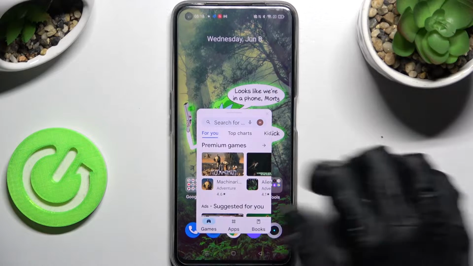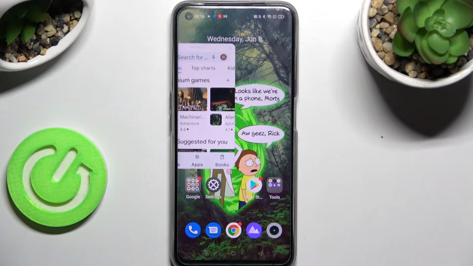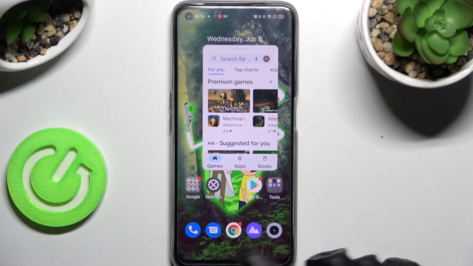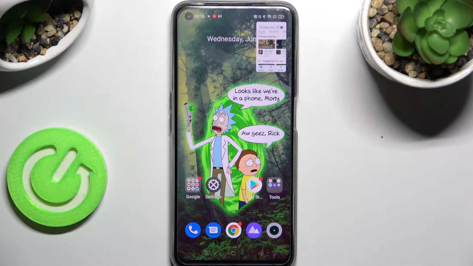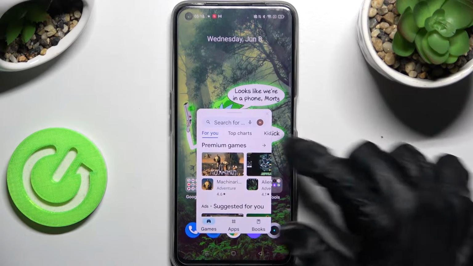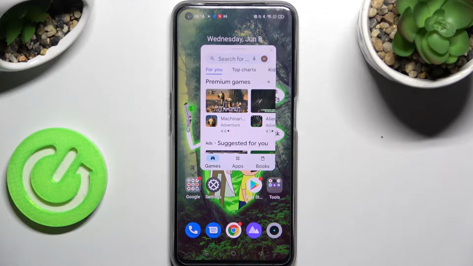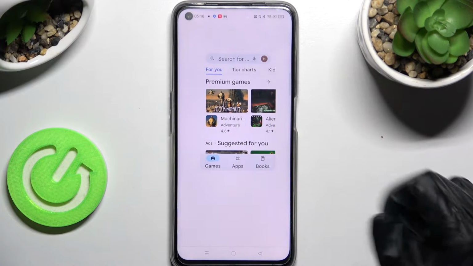If you wish to move it around, just hold this line and place it. If you wish to make it small, click on the Home button. In order to go back to it, just click on it. You can always use it to overlay other apps as well by clicking on the other app and operating in